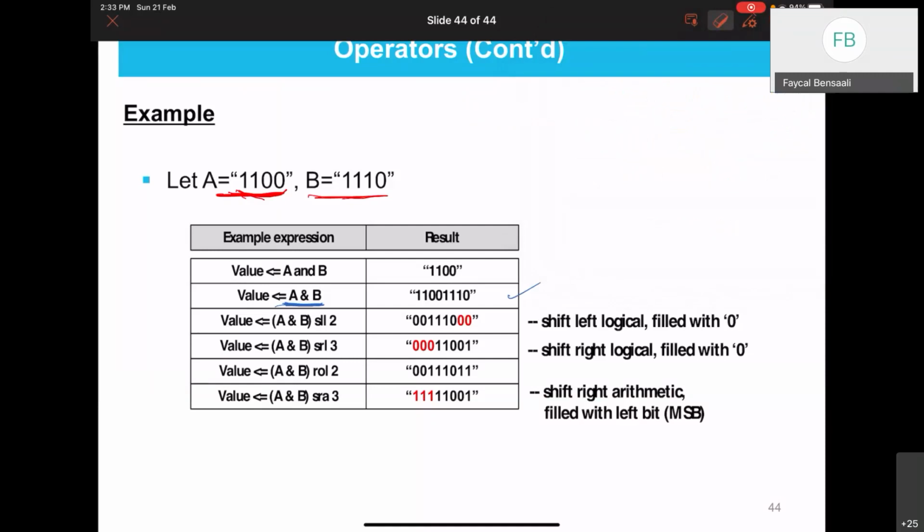Now I will move to shift. Shift operator is basically shifting the position of the bit. You can shift by 1 position, by 2, by 3, and you specify here by how many positions you shift. So here, in this example, I'm saying shift by 2 positions. If I'm doing A concatenated with B, I will take the value of A concatenated with B. What was the value of A concatenated with B is here. And then I want to shift it